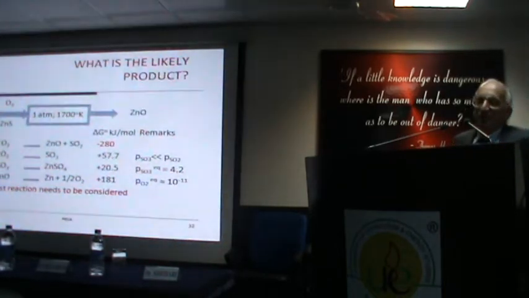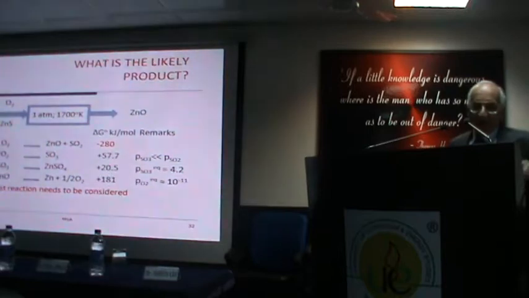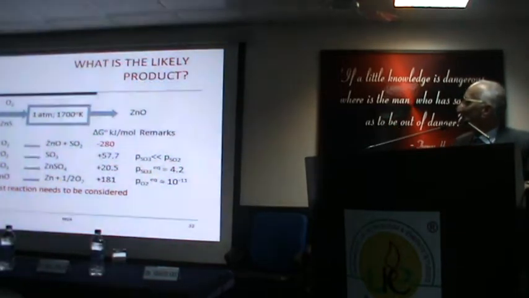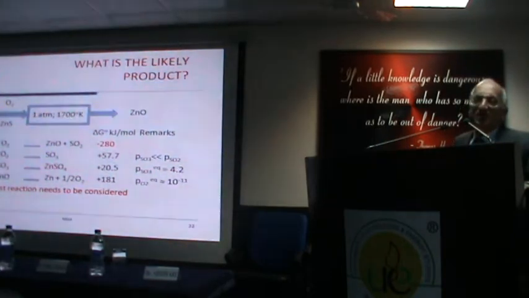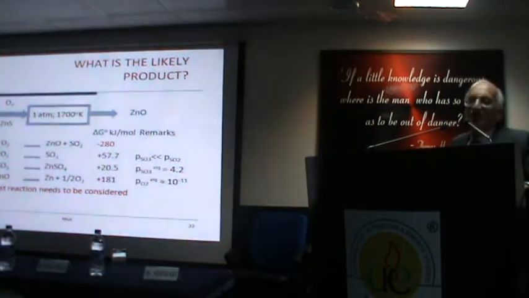So this is just an example of reaction equilibrium. The details are not important, but the point is that delta G0 is minus 280 for the first reaction, for the others it's plus something. So if you're looking at a system like this, you won't bother to do the calculations with all four. Although now you have a computer, you can hit the idiot box in the head and you will get numbers out of it.